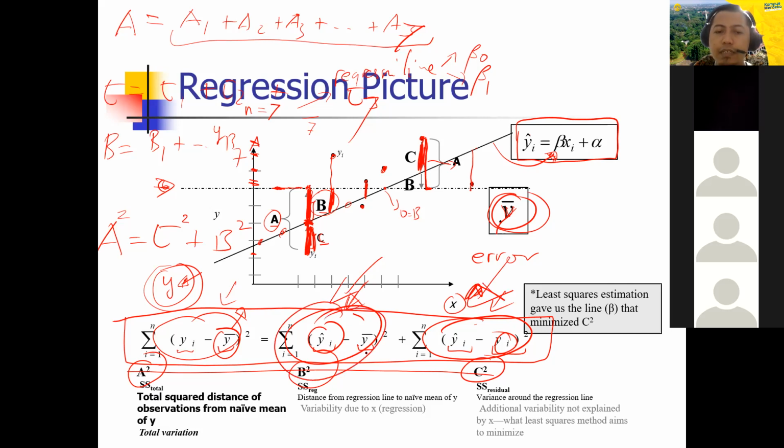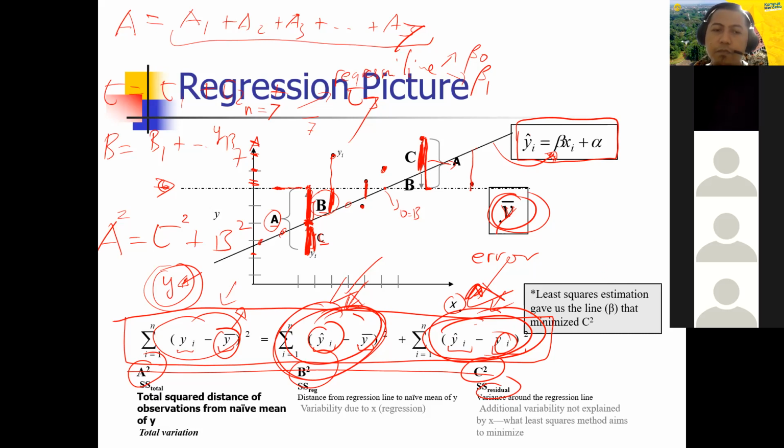This component error due to the predictor. Due to the predictor. And error this component, error due to the residual. You can see here, SS residual means that, how to say, is undefined variable. Yeah, undefined variable is kind of noise, yeah, like error. We simply say error, begitu, something like that.